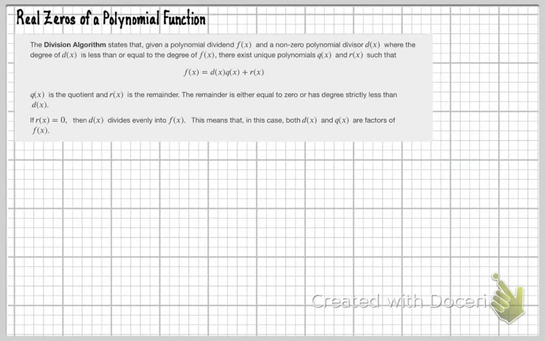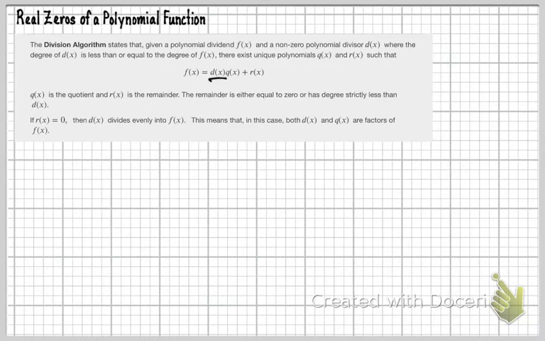Real zeros of a polynomial function. First thing we have here is the division algorithm, which states that given a polynomial dividend f(x) and a non-zero polynomial divisor d(x), where the degree of d(x) is less than or equal to the degree of f(x), there exists a unique polynomial q(x) and r(x) such that f(x), which was the dividend,